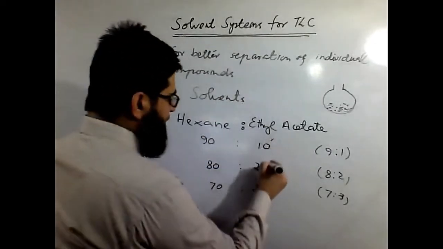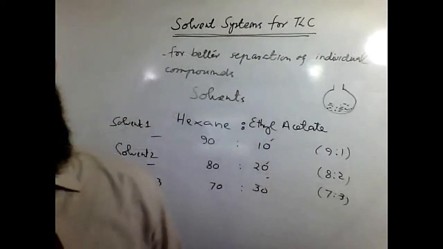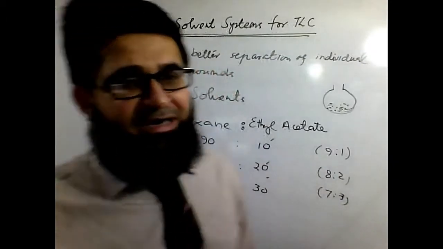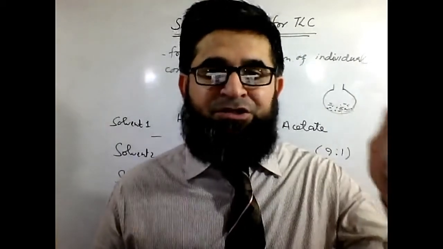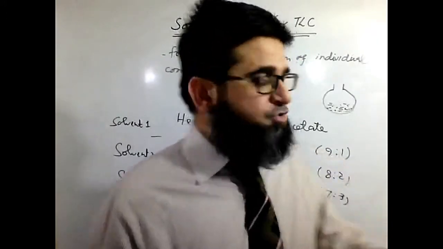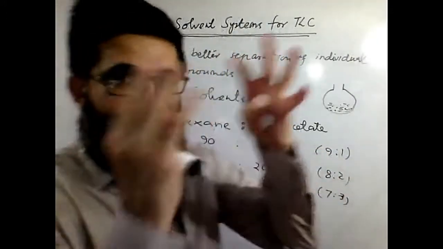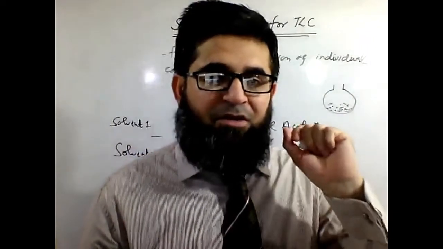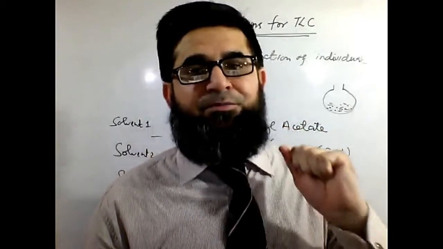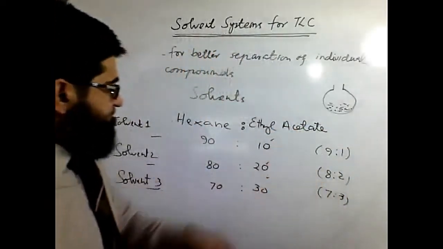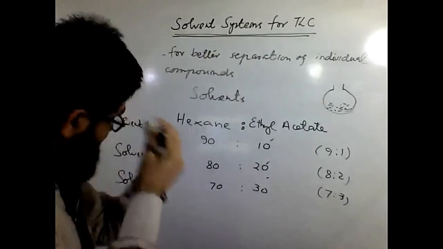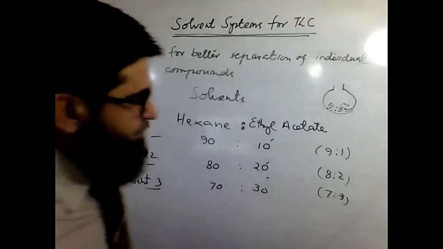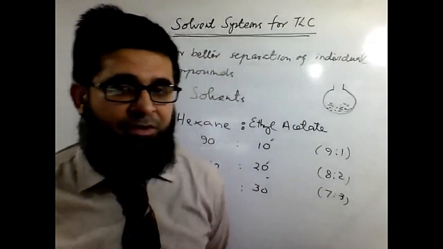We are keeping the polar solvent in less amount. The polar solvent ethyl acetate is 10%, 20% and 30%. Why do we take it in less amount? Because the stationary phase is already polar. So we can't take the polar solvent in larger amount. Both polars will create huge hurdles for the movement of the polar molecule. So we need to keep them in different ratios. Why we need different ratios, I will explain in the next few minutes or so.